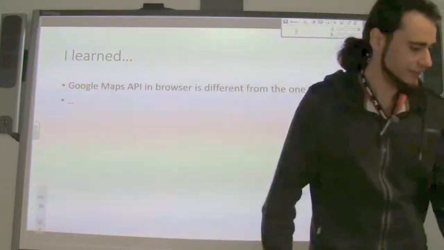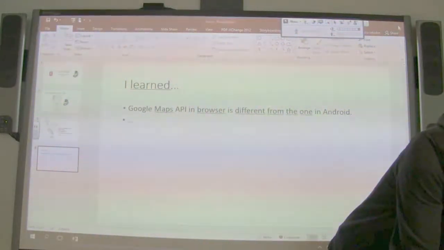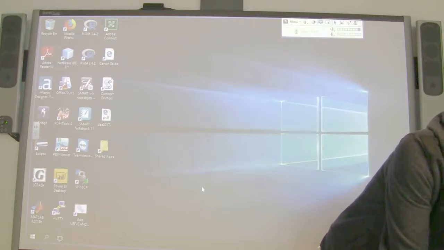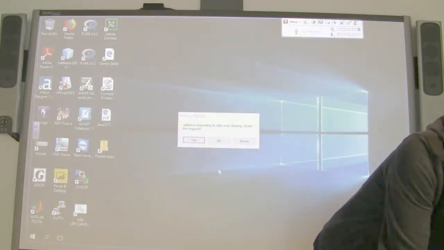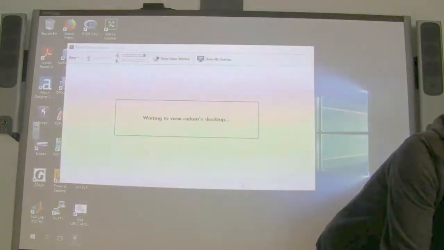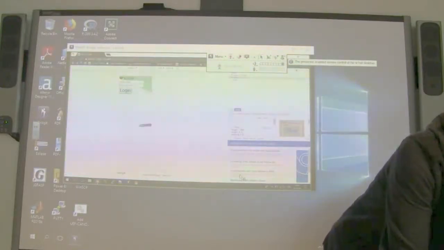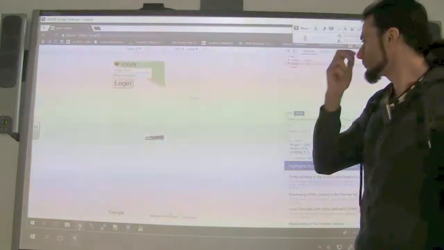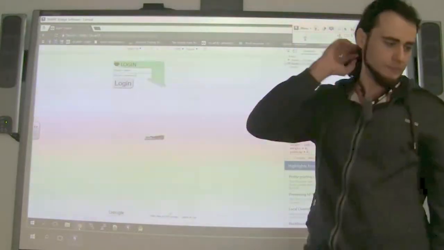Okay, now let's see the real application, which you will not have a chance to demonstrate, unfortunately, but I will test all of them beforehand. Yeah, okay, so